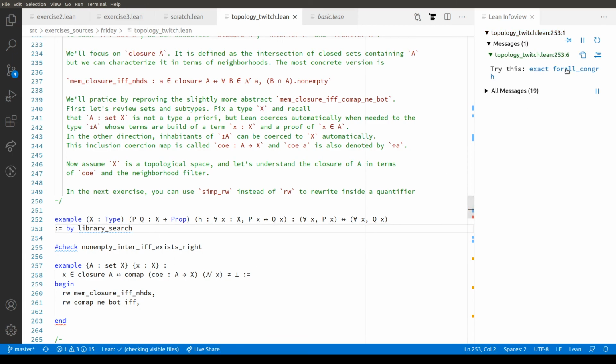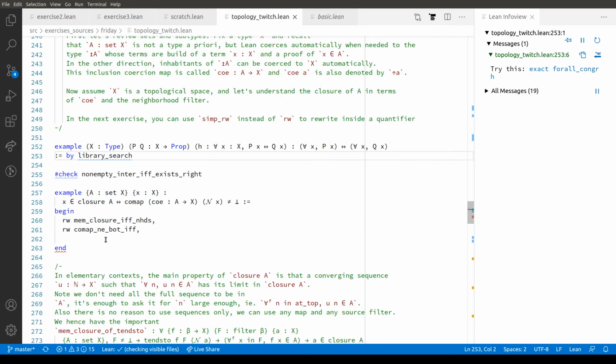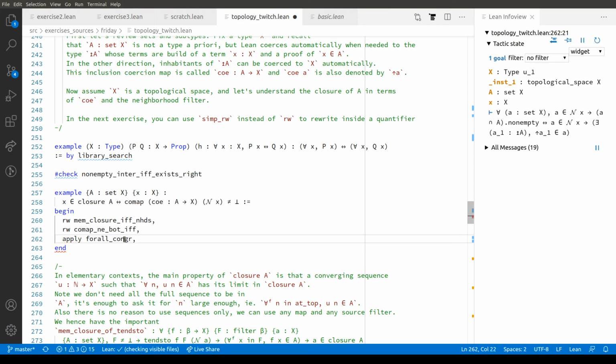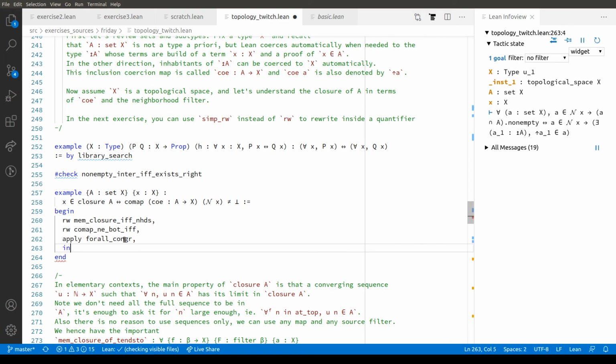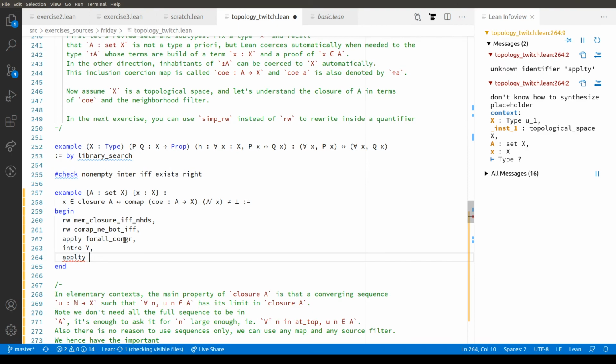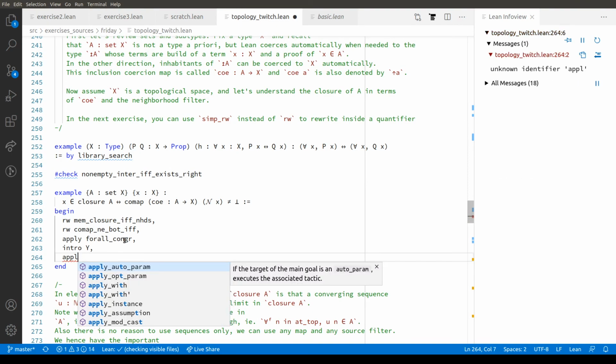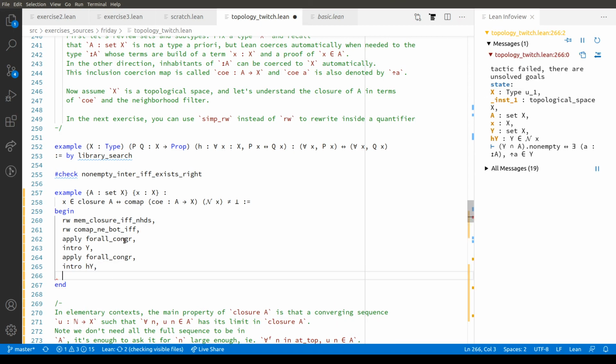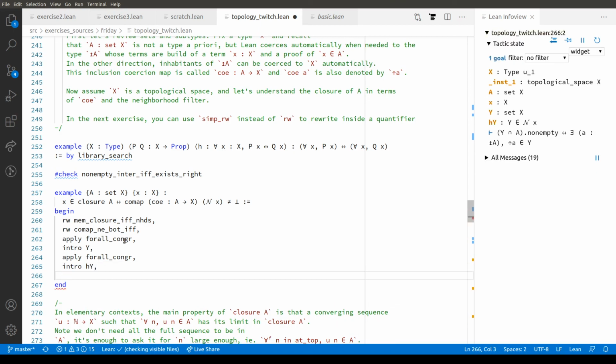So there we go. It's called forall_congr. Of course, it's called forall_congr. Let's apply forall_congr. Did something happen? Oh, it did. Great. And now let's intro. Now let's intro y. And now let's apply forall_congr again. And now let's intro hy. And now let's see what we've got. So now we've got to prove